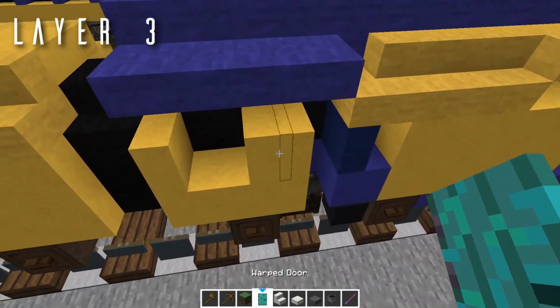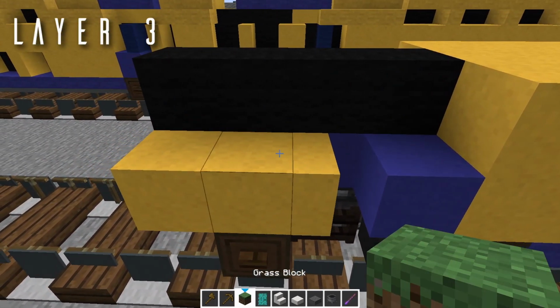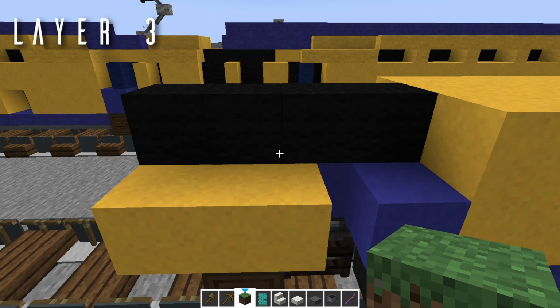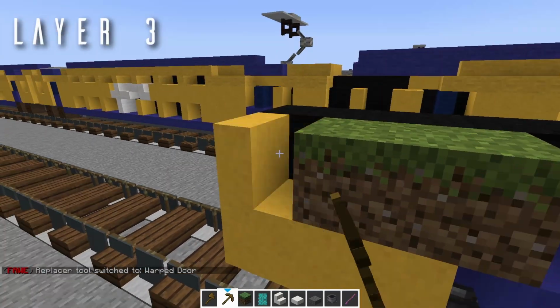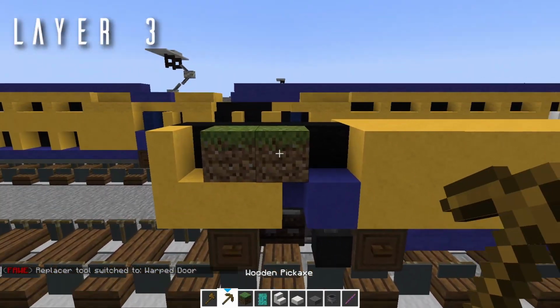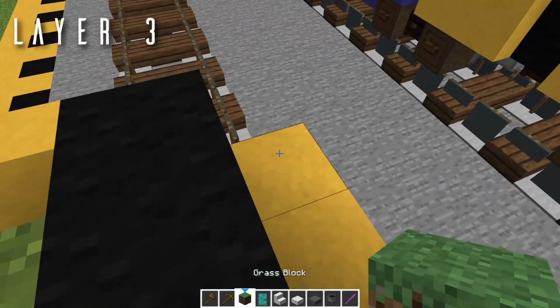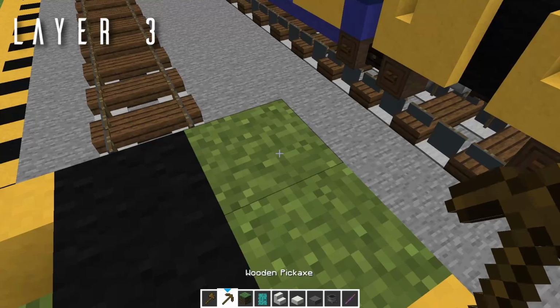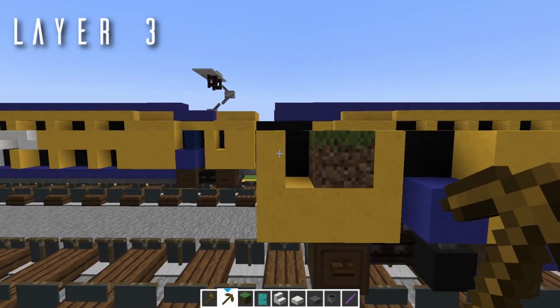Grab some warp doors again. This one's gonna require water a lot again, so if you don't have access, use trapdoors. I'm gonna be needing this and this. So on both sides, so that. These two become trapdoor